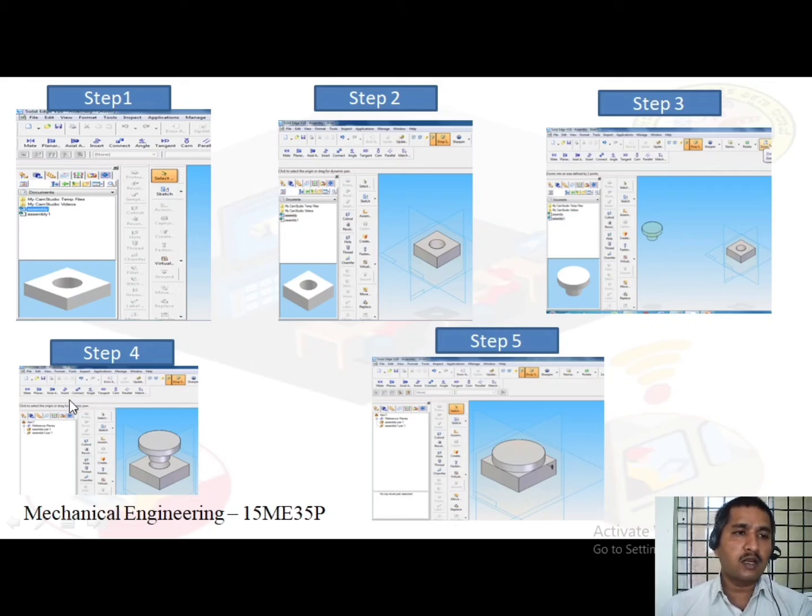Select the axial align relationship. See here, axial align. These blue colored items are all assembly relationship commands. So I am going to select the axial relationship here. Select the bolt cylindrical surface. This looks like a bolt.